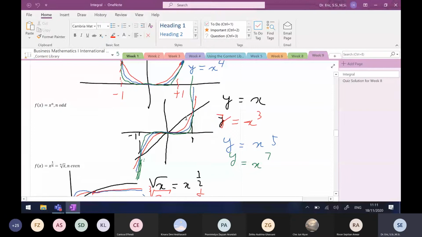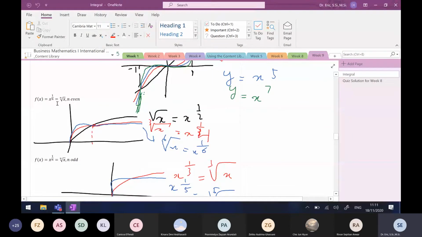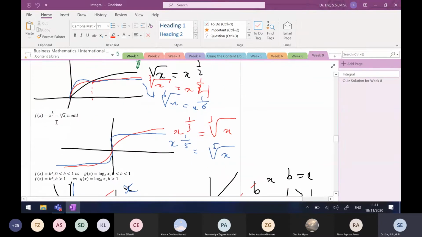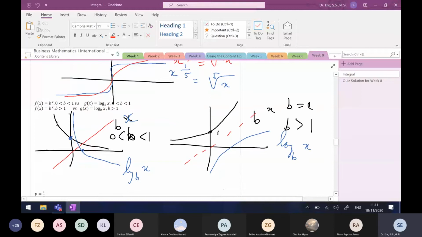It has the right hand and the left hand. It stretches to minus infinity and plus infinity. Okay, this is x to the power of 1 over n, the n-th root. When n is even it is this, and when n is odd it is this. Okay, and this is the